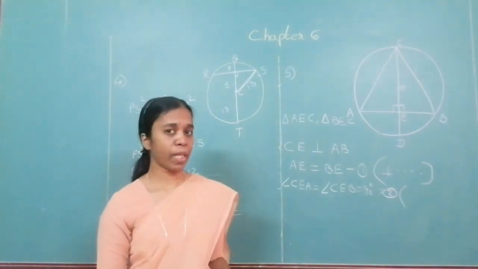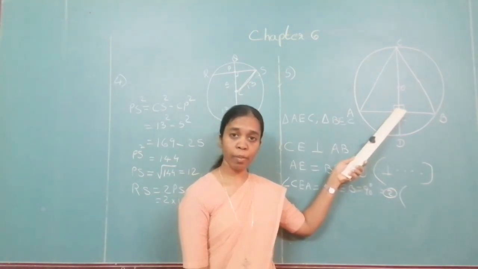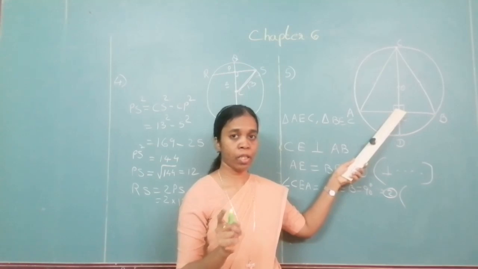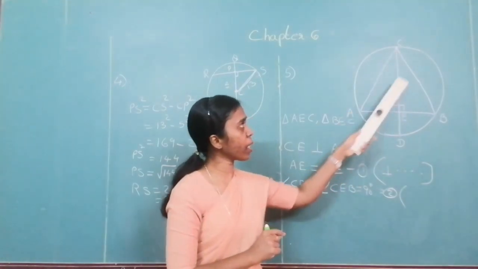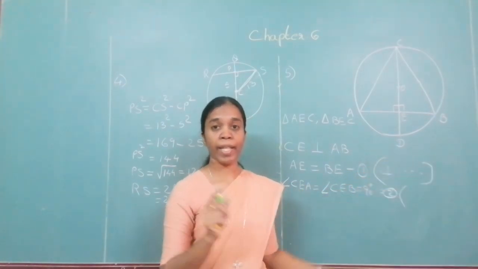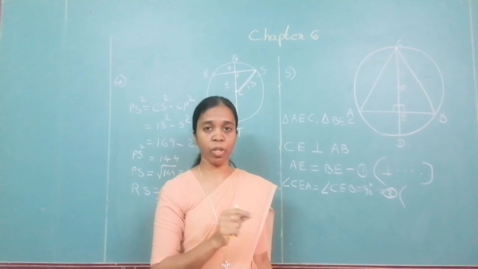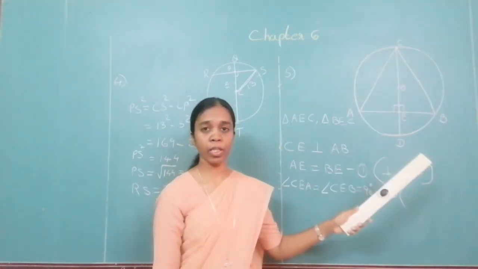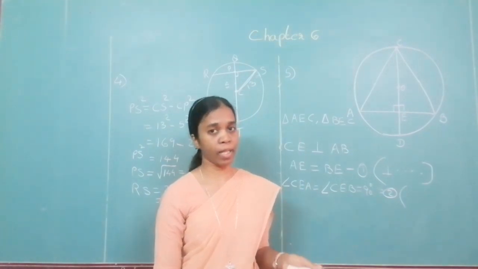Now please pay attention. Since it is 90 degree, don't jump saying that hypotenuse side test. Please look, which is your hypotenuse? Hypotenuse is AC and BC, and that is what we have to prove. It is not given to you that they are equal. You have to prove it. So since you are not told that hypotenuse is equal, you cannot use hypotenuse side test.